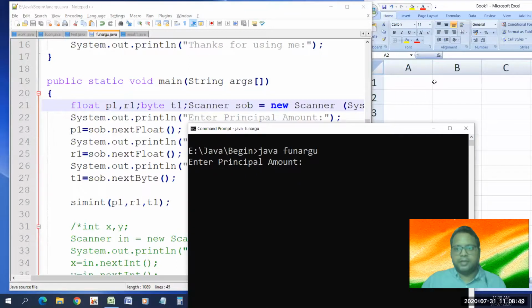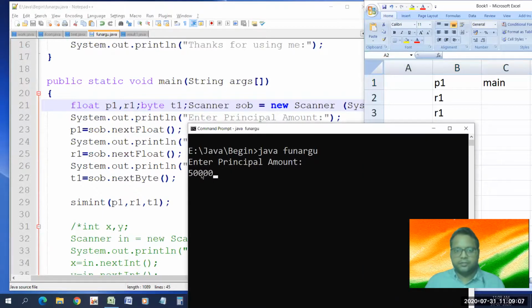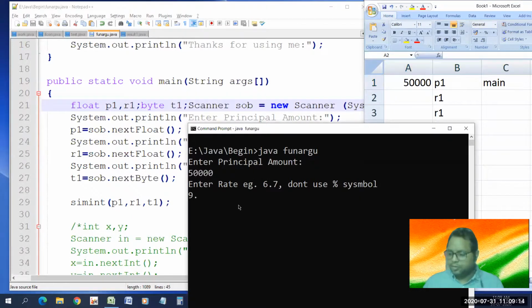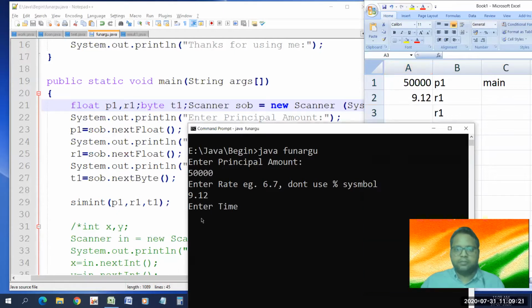Let us see from the beginning. The main function started. What is it creating? p1, r1, and t1. And what values will be entered? Like 5,000, or 50,000. Entered here 50,000. Enter rate like 9.12. It went there, 9.12. The same with time, like 3 years.